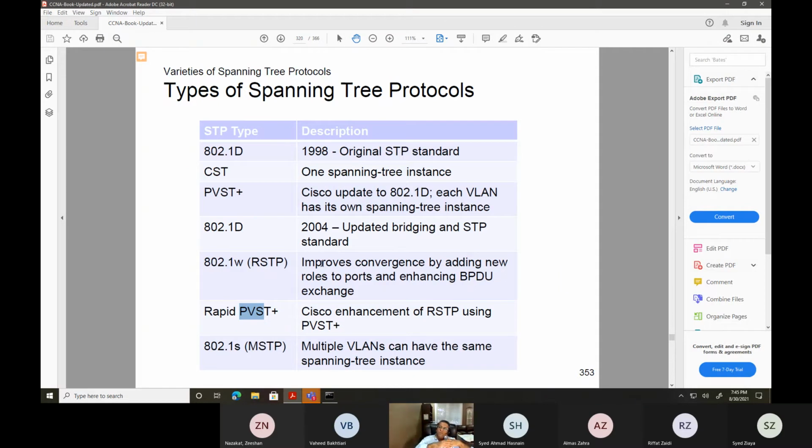So because of the voice technology, the port goes from blocking directly, bypassing listening and learning, to forwarding. That's also why voice uses UDP, and UDP is 8 bytes while TCP is 20 bytes.